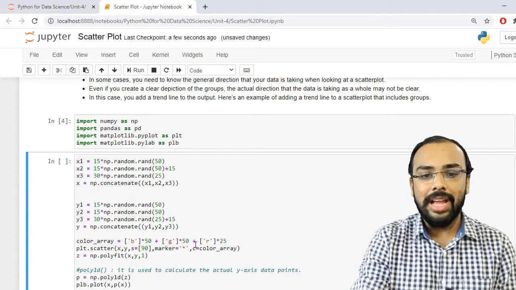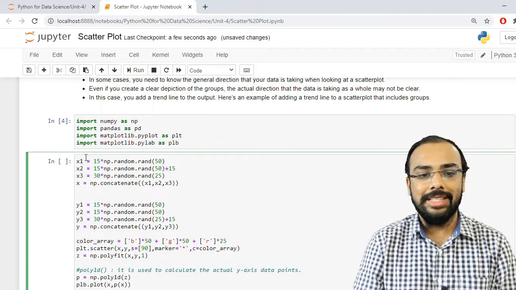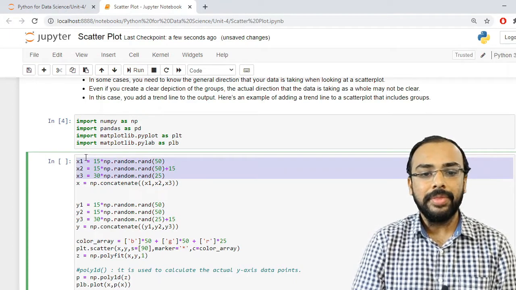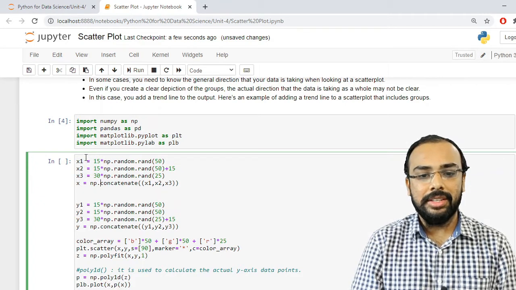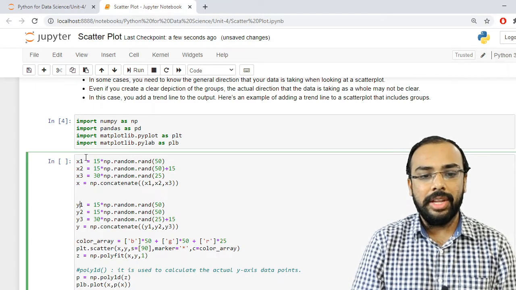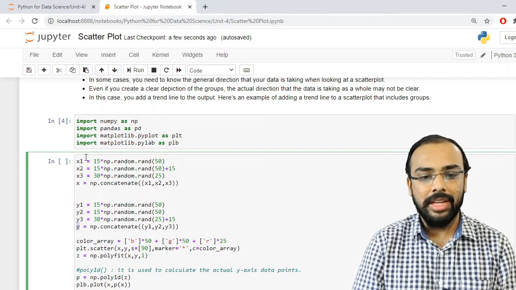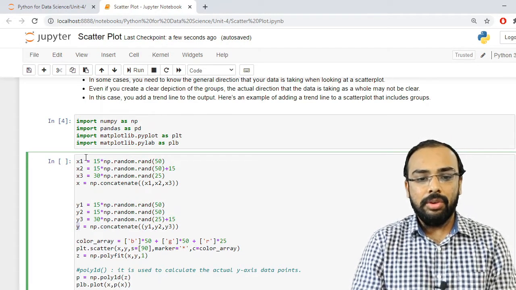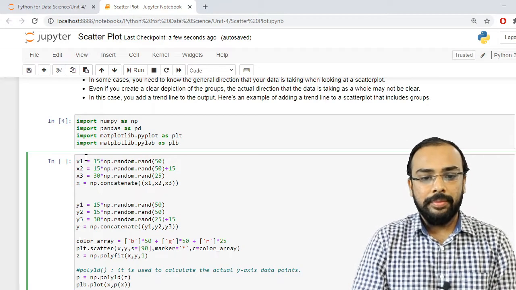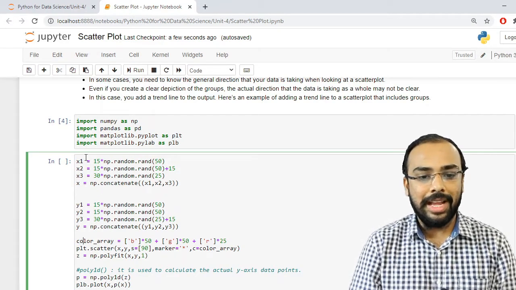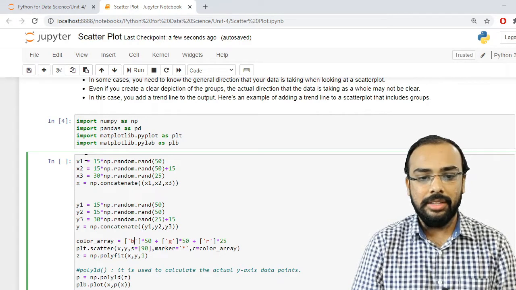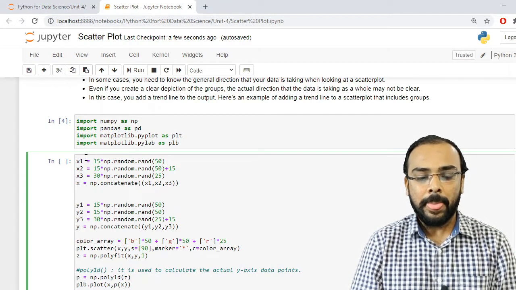So again I have considered three different data, that is x1, x2, x3, and I have concatenated this data and stored it in a variable which is named as x. Similarly I have taken y1, y2 and y3, and I have concatenated it into a variable which is named as y. Now again I want to give color. So again I have created a color array, that is RGB value color.